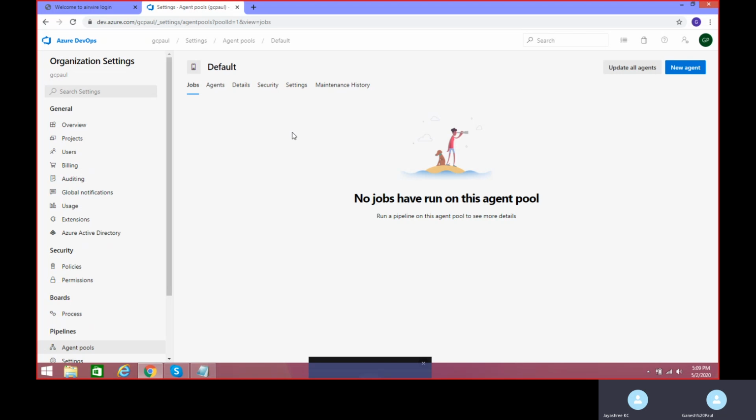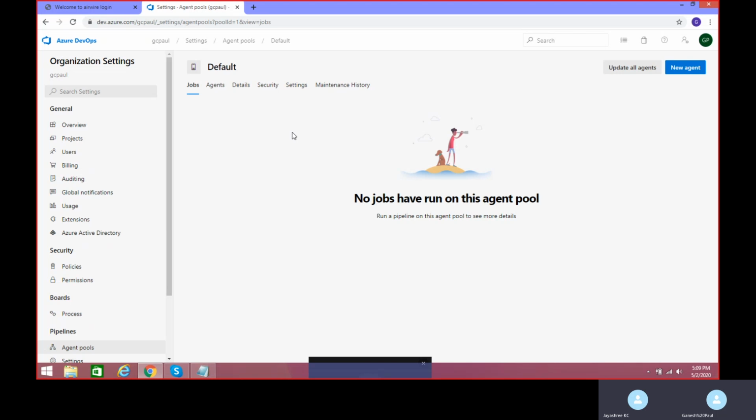You will see it whenever we are running the pipeline, I'll show you. For now, let's understand that we have two kinds of pool: one is Microsoft hosted, one is self-hosted. Self-hosted is the one which you take from your company. It is like your private pool. Microsoft hosted is your public pool.